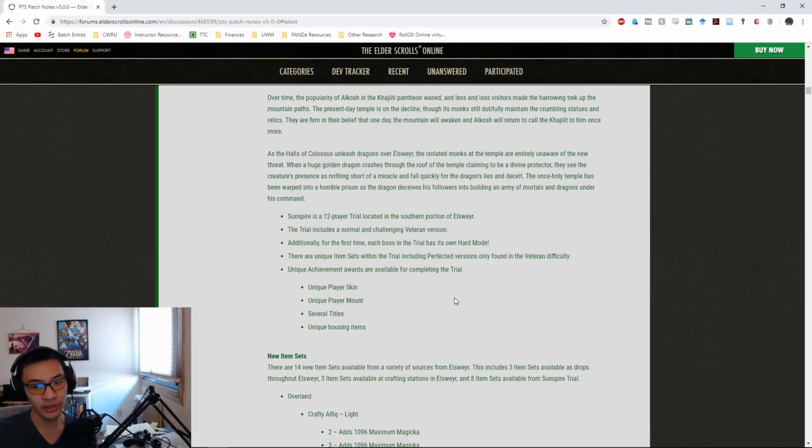Obviously there are going to be new trial sets, and there are also going to be perfected versions of these sets that can be dropped from vet. What we found was that you don't have to do vet hard mode to get the perfect versions. As long as you do base game vet, you should be able to get the perfect version drops. And then there is obviously a skin, a new earnable mount, and then you have titles and housing